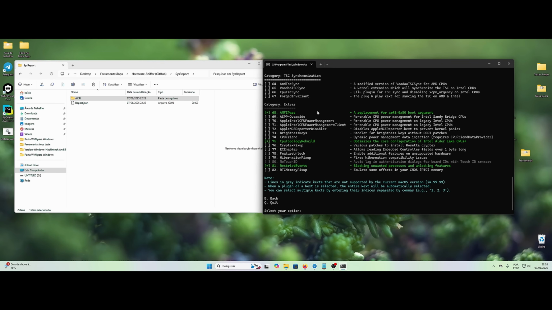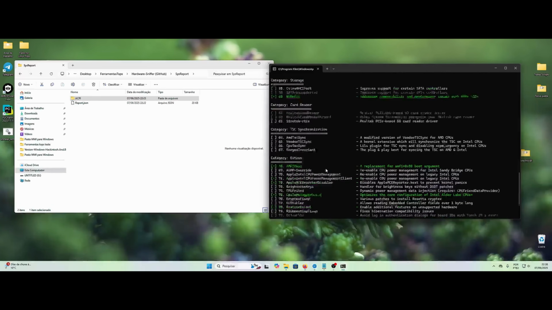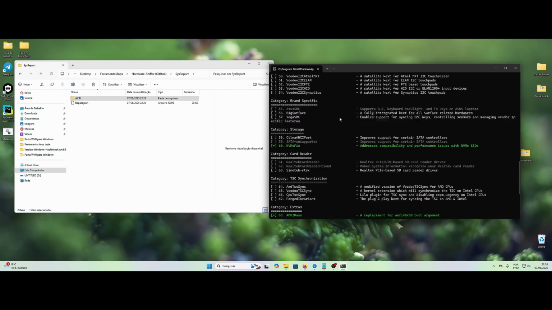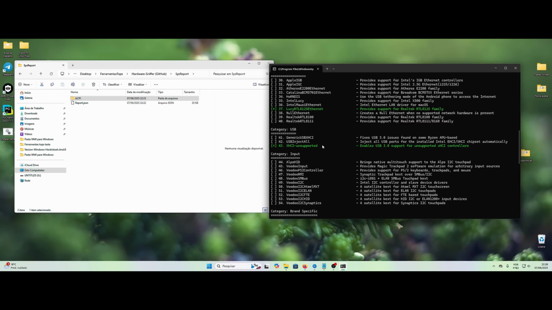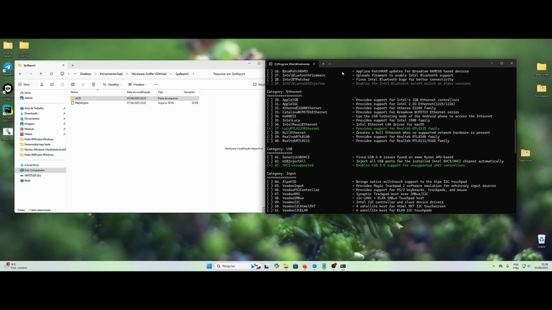That I have already put there that I will use OpenCore Legacy Patcher, so it has already indicated here for me CPU topology, building is here, restrict events, NVM fix, XHC1 support. It is also here, but it is important you do the mapping. Do not forget that there is a lot of video on the channel. I will leave the link there for you too.